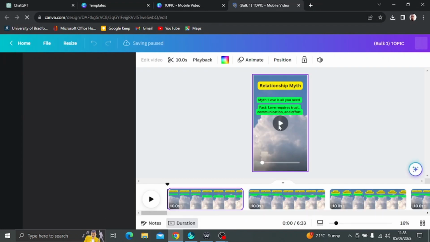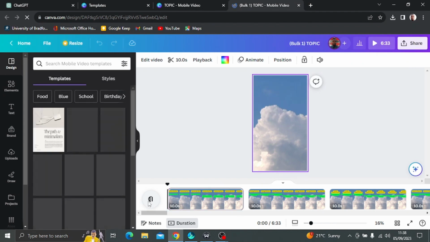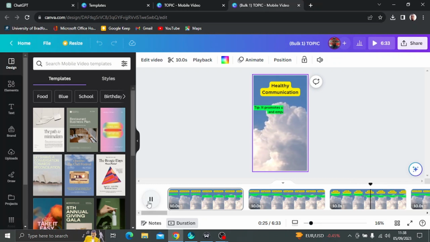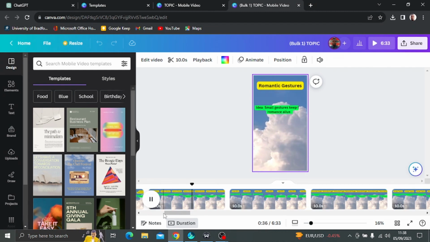And this is what we have. If you play it, watch what you're going to see. So the first topic is about myth of relationship. So it's saying what's going to happen. It's going to come out this way: relationship myth. Love is all you need, right? But the other part says that love requires trust, communication, and effort. The second video content is about marriage. Nearly 50% of marriage end in divorce. And then communication and this and that can reduce the risk. Another content is about communication. It's telling you active listening is key. But the other part of it is telling you that it also promotes understanding and empathy. And if you go on and on, you have all your 39, that's 40 content. But I just post this video here.